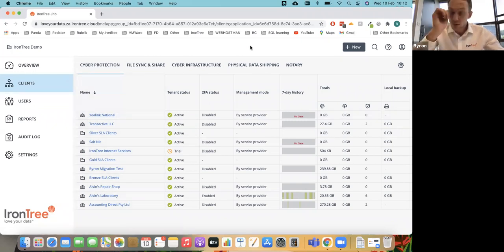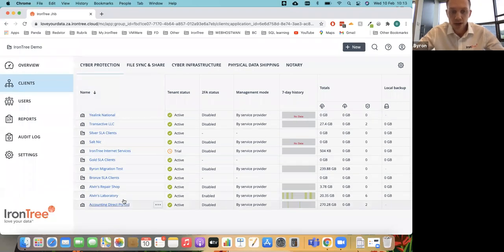So what I've done here, and what you guys can see here, is the reseller platform. This is the new console that you guys will get access to when we start migrating your clients across. And this is your single login to start managing your customer accounts. So as soon as you log in, you'll be directed to the clients tab on the left-hand side here, which